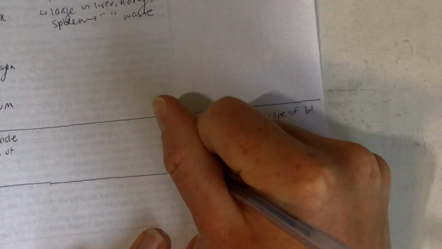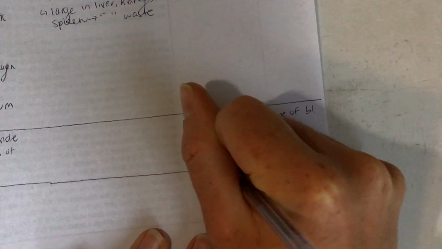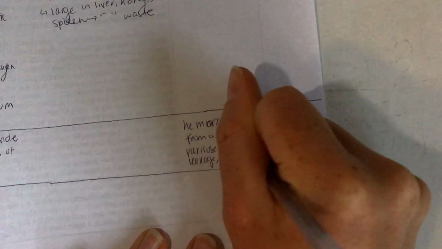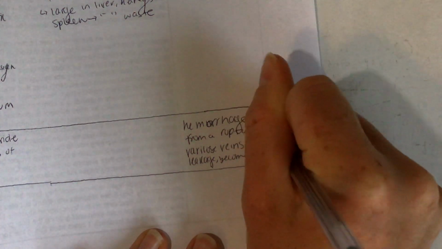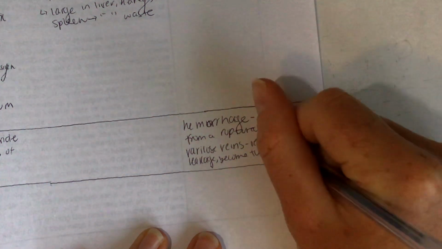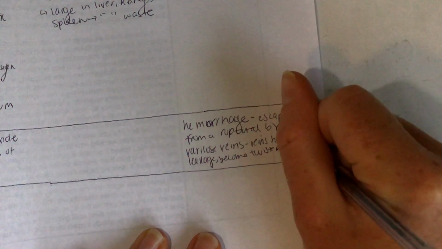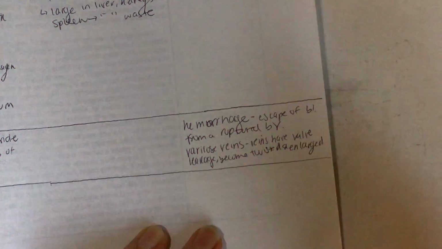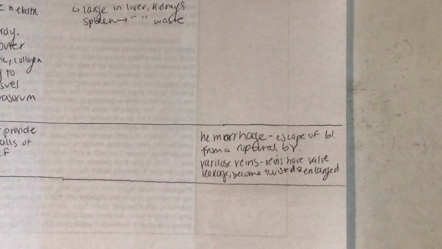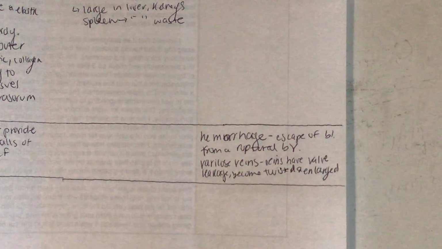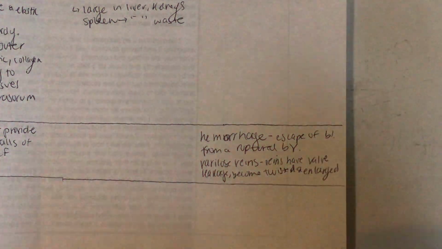have valve leakage, become twisted even, and they'll also get really enlarged. And you'll see this bluish purpley color. So I'll show you a picture of this too. You can Google it as well, but